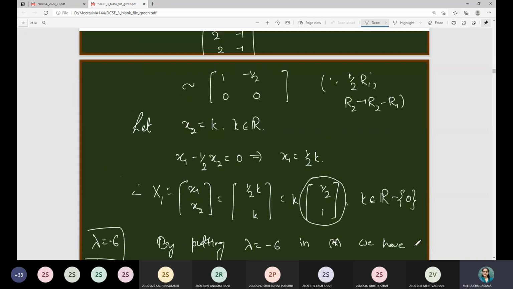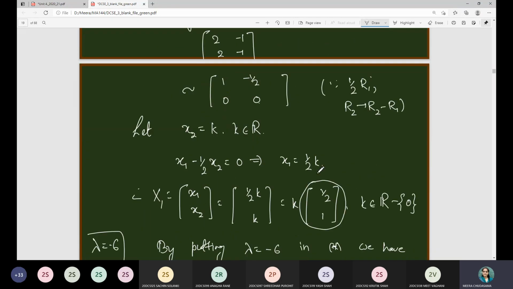And similarly, when we solved this, where did it go, here it is, this one. So this is e suffix minus 1, that is, it is k. I can write it as 2 comma 1 as well. 2 comma, no, 1 comma 2, sorry. If we multiply this expression by 2, then it is 1, 2. Just to avoid the fraction you can write, this is also the correct one, 1 by 2, 1, but just to avoid the fraction I have just multiplied it with 2. So this is the eigenspace corresponding to lambda is equal to minus 1.